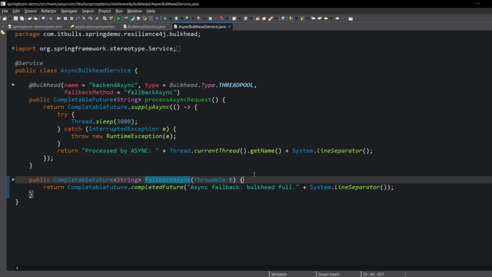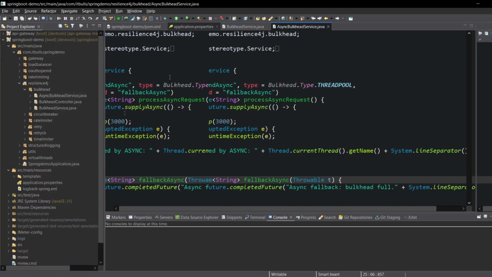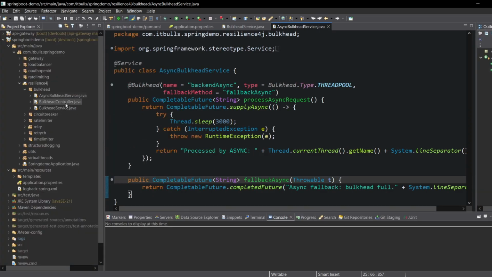The trade-off, of course, is that thread pool management introduces some overhead, but for certain workloads, the benefits of isolation and non-blocking behavior far outweigh the cost. This example clearly illustrates how the thread pool bulkhead complements the semaphore-based one, offering a flexible way to build responsive and resilient systems. Now let's look at the controller that ties both bulkhead implementations together and exposes them through simple